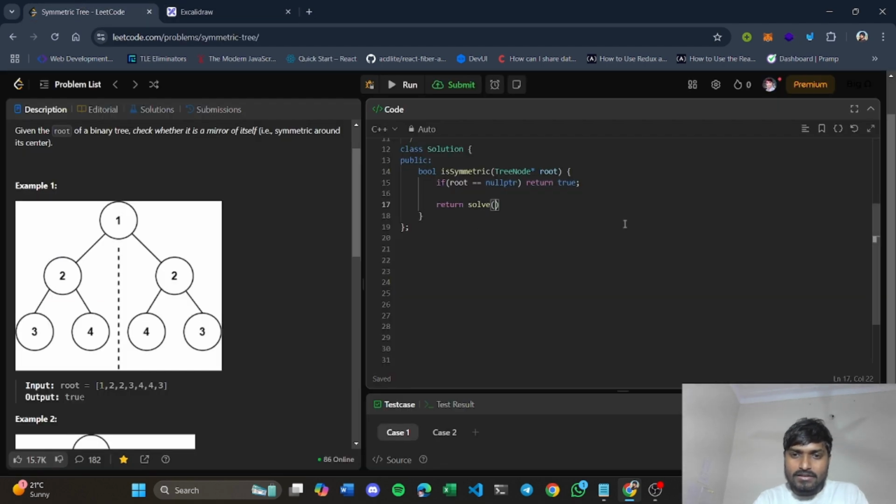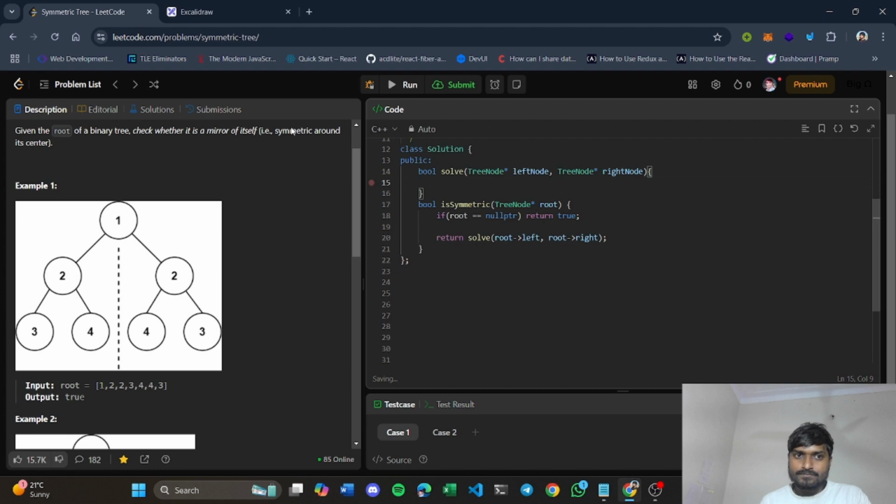So let's create a function here which will take root left and root right as its parameters. So we will create this function bool solve, of type tree node. Let's say the first left part we call left node, and the second part we call right node.